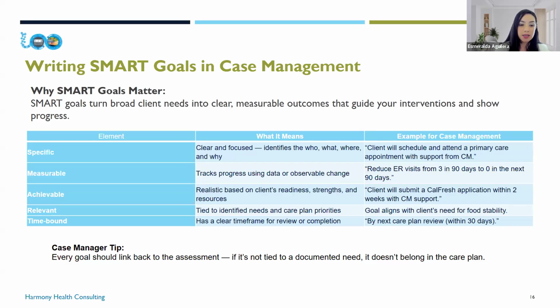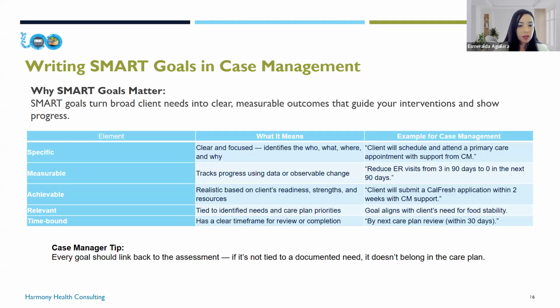I will say even short timeframes really help maintain a good momentum. A lot of times when you put goals that have an extended amount of time, it can become pretty difficult and overwhelming for some of your clients, especially as you continue referencing or going back to it, like, this is what we're trying to accomplish, as reminders for them. You want to make sure the goals are within a time frame that is reasonable for them, with their capabilities and abilities, as you're documenting these. Otherwise, there might need to be a plan for shifting.